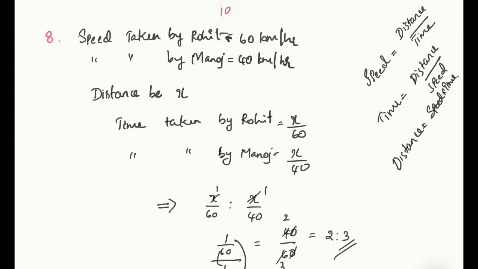Then using that formula, we get x by 60 is to x by 40. If you do it directly without cancelling here, what do you get? x by 60 by x by 40. You know clearly this x and this x can get cancelled. 40 goes up. So again, you're getting the same step here, 40 by 60. That only I have done. Okay, finally you will get the answer as 2 by 3.